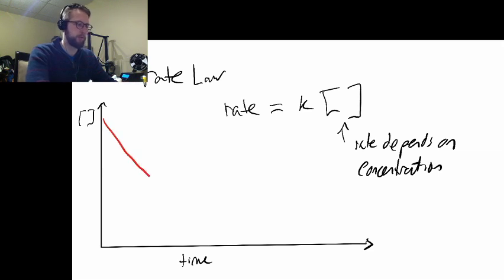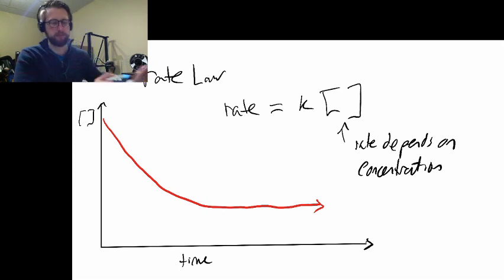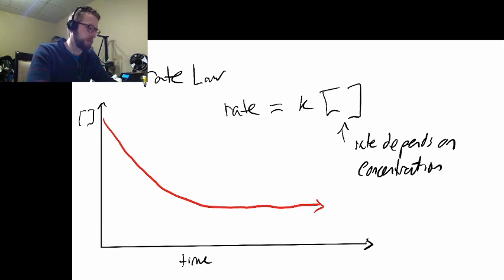And we said that because the rate of reaction slows, so will the curve of this graph slow. So over time, the graph has to slow down. So this is our reactant, right? But if the concentration of the reactant is slowing down,